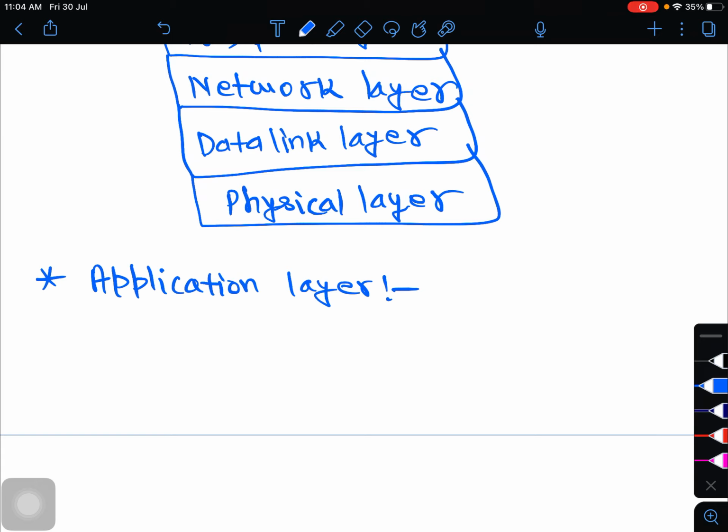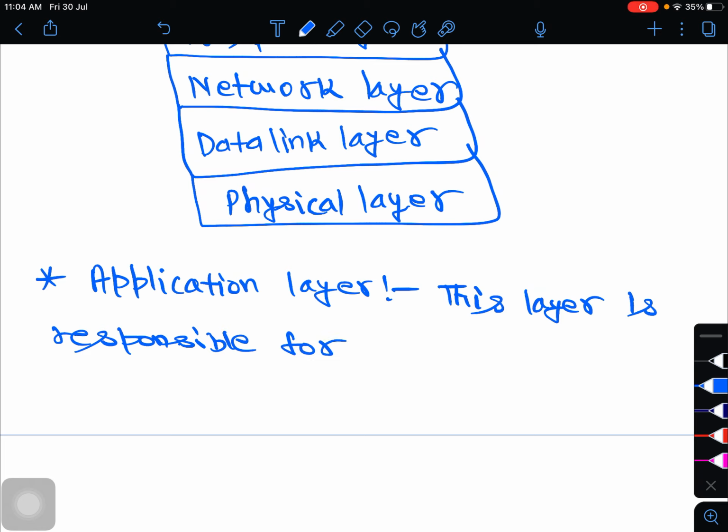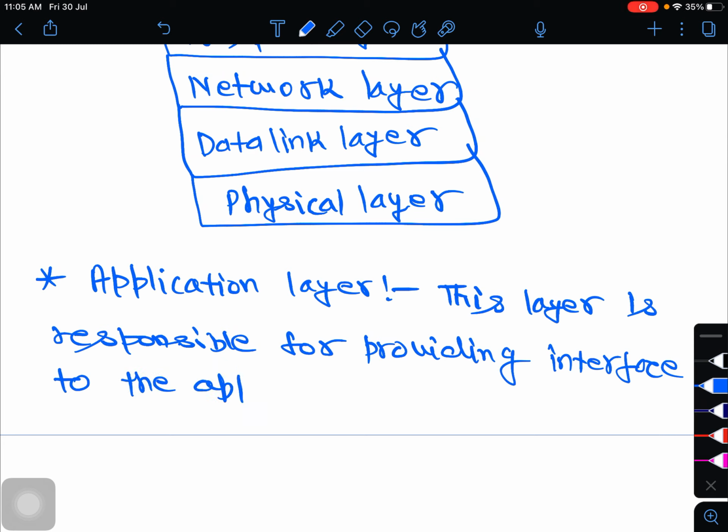So this layer is responsible for providing an interface to the applications.